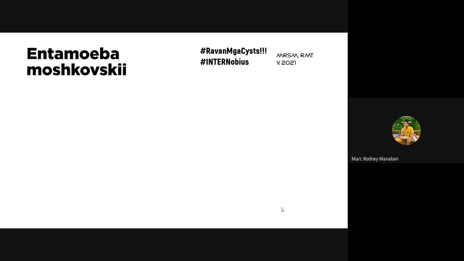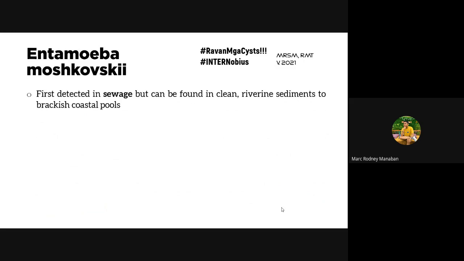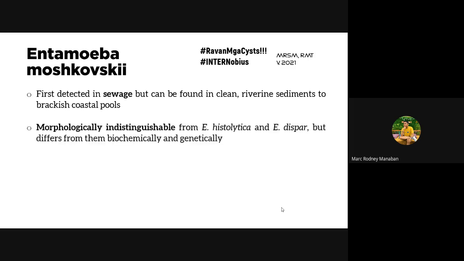Next, you have Entamoeba moshkovskii. Your Entamoeba moshkovskii is another species that looks the same as your Entamoeba histolytica. But this Entamoeba was first detected in sewage, so in wastewater, but can also be found in rivers, in the sediments of rivers, and also in brackish coastal pools, where the water of the river meets the sea. So brackish areas, okay? Again, it's morphologically indistinguishable from the two, Entamoeba histolytica and Entamoeba dispar, and also again they